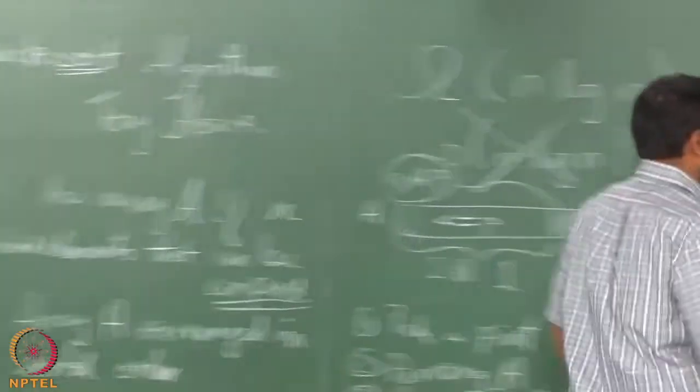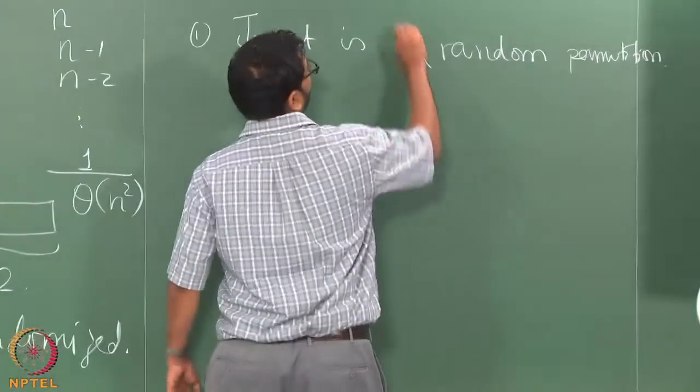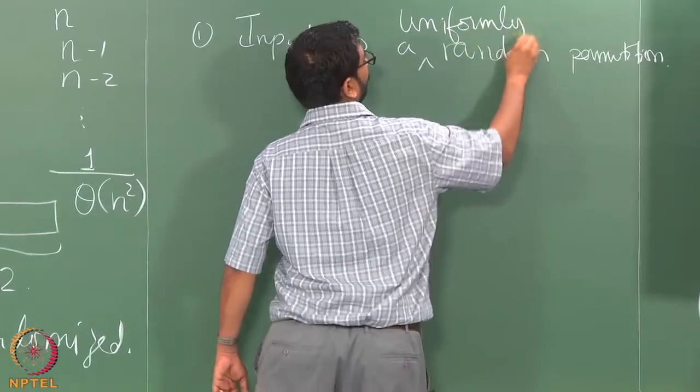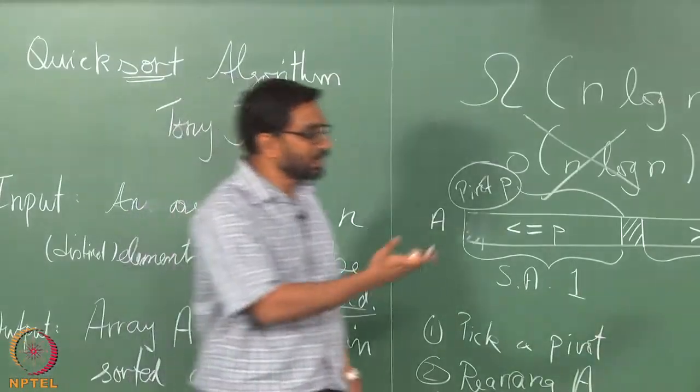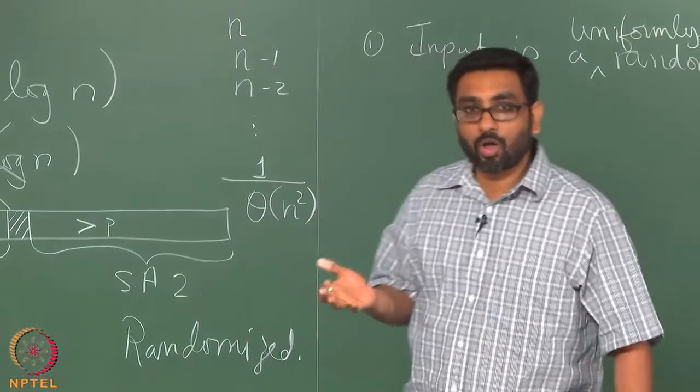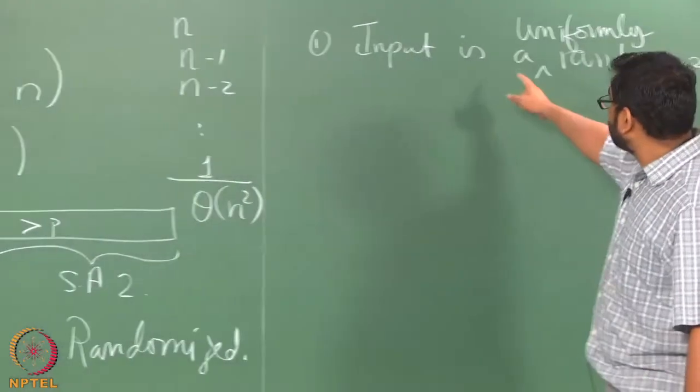If we want to be a little bit more pedantic, we can add uniformly random permutation. What this means is that given n items, there are n factorial possible permutations, and among those